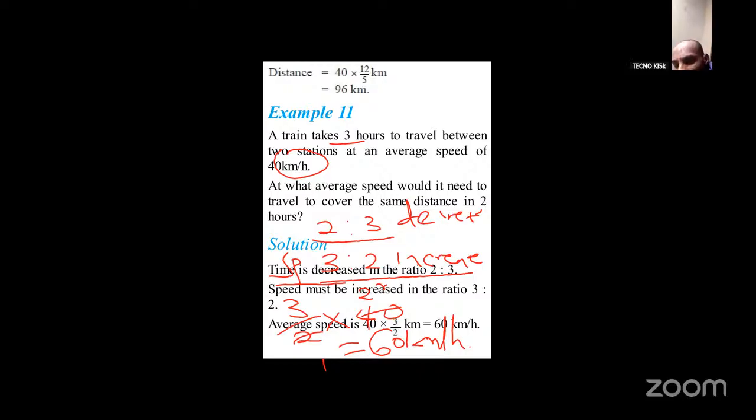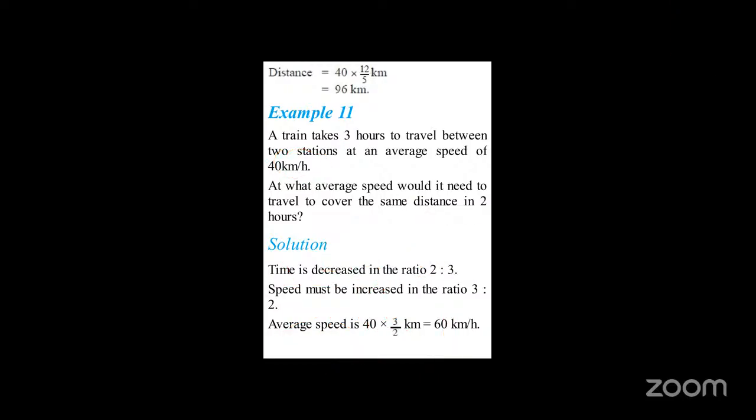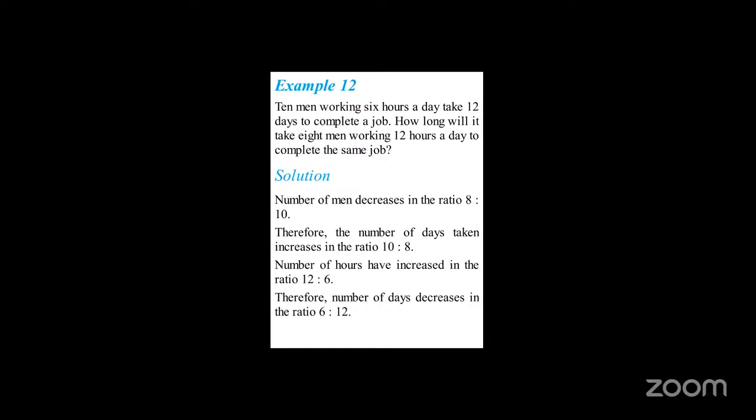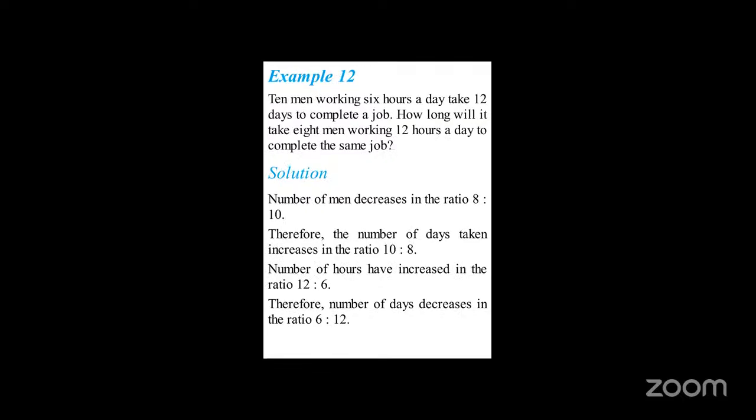Let's do another example. Tuone. Hii sasa ni ya proportions ambayo ina combine the other ratios. For this one iko na methods mbili, whereby we have that 10 men working 6 hours a day take 12 days to complete a job. How long will it take 8 men working 12 hours a day to complete the same job? For this one, there are 2 ways. The first one ni ya kutumia hii proportion,